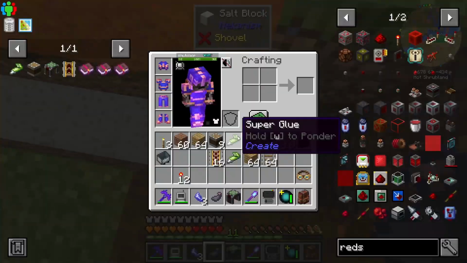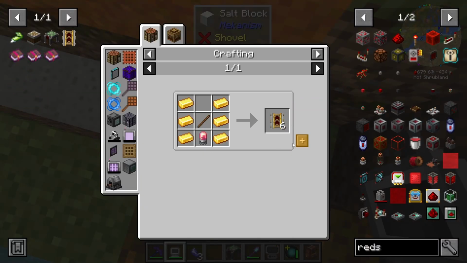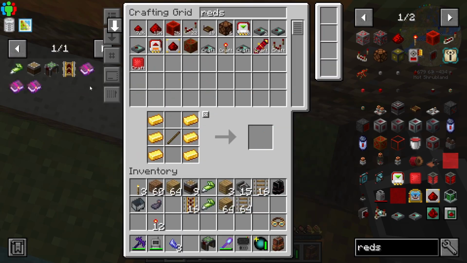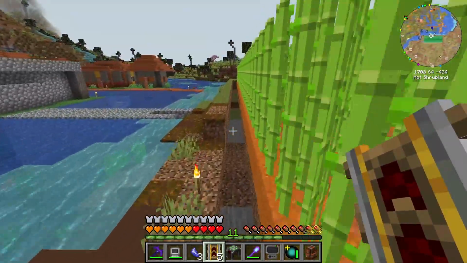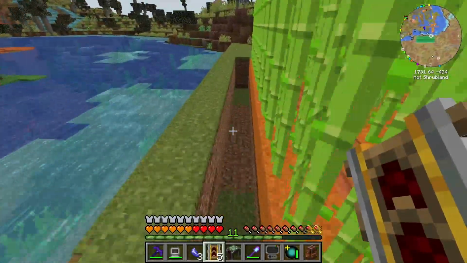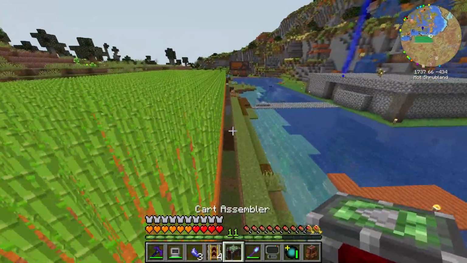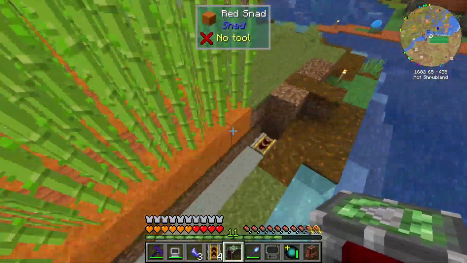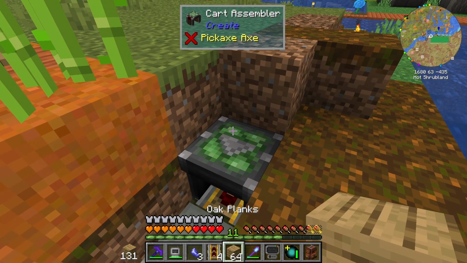All right. So what we'll do, we'll actually also need 2 controller rails. Let's grab a set of these. Okay, so controller rail, we'll put one here, and then we'll put one at the very end. There's also one more thing we'll need, but we'll get to that in a little bit here, and then we'll put it here. Okay, so the card assembler we'll put on this end, and you'll just put that right on top of here, and you will then start it off with an oak plank,